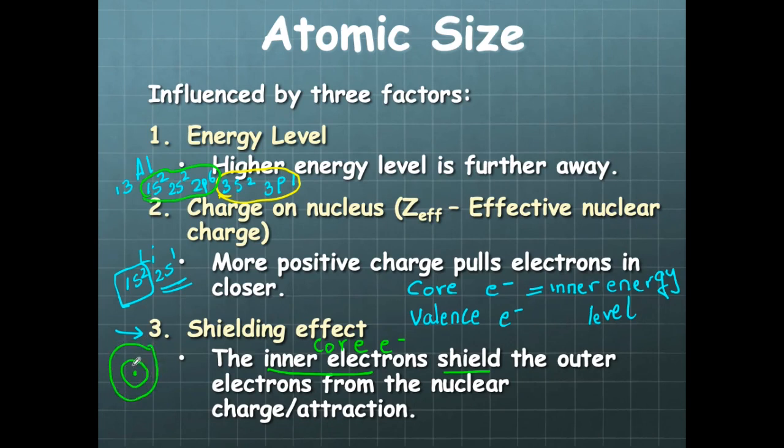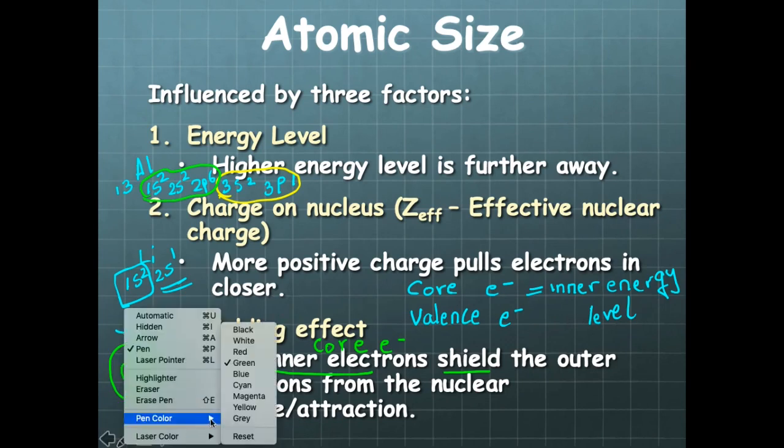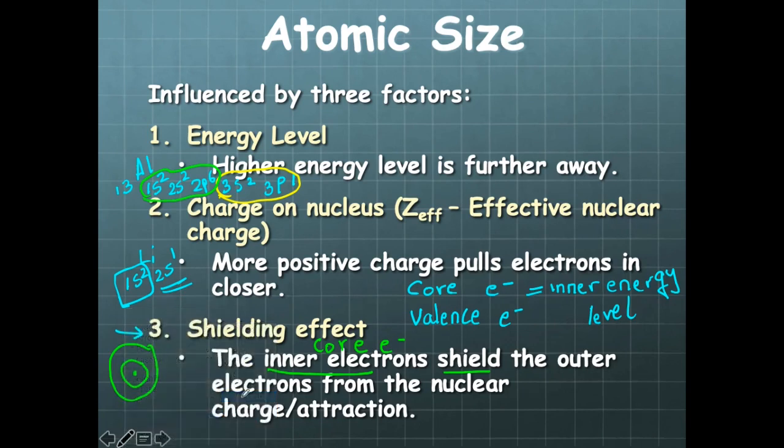The electrons present in the first energy level, let's draw the electrons. These two electrons would shield the pull of the nucleus on this electron in the second energy level. So that is the shielding effect. The more core electrons, the more the shielding effect, and the less the pull of the nucleus